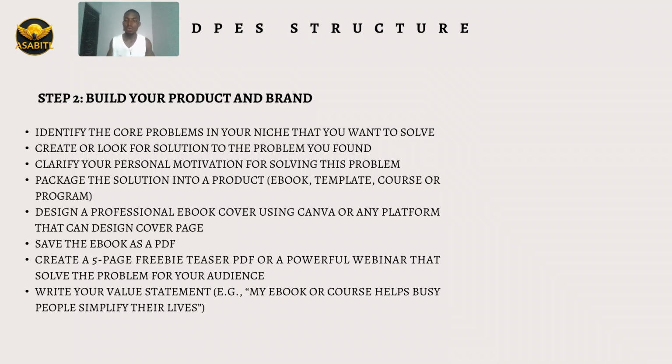The tools that you need to convert this solution into a product are your word processor and your smartphone or a laptop. You understand? After ChatGPT gives you that, you copy that information and take it directly to your word processor. Paste it there. Now copy those course outlines one after the other back to ChatGPT and tell ChatGPT to explain or elaborate on it more. Once ChatGPT does that for you, you copy it and bring it back. That is how you do it for all the information or the chapters in the table of contents until you finish everything. Doing that, you have your full ebook with you.